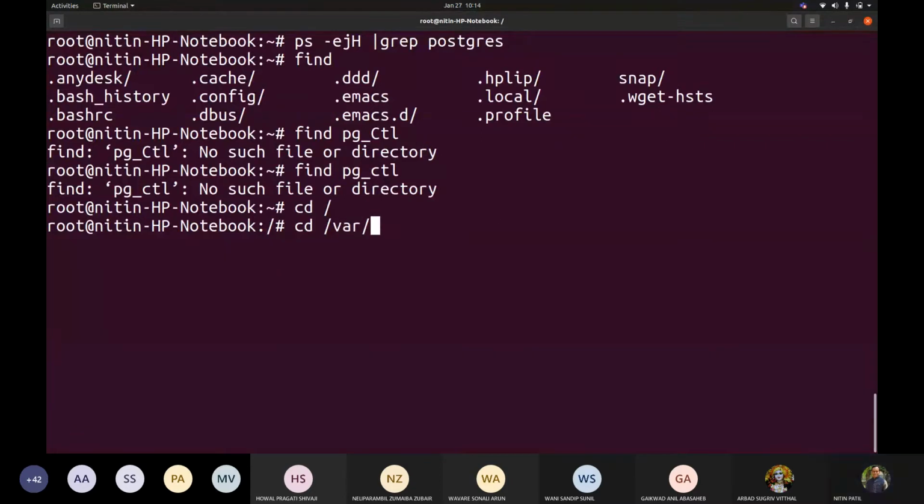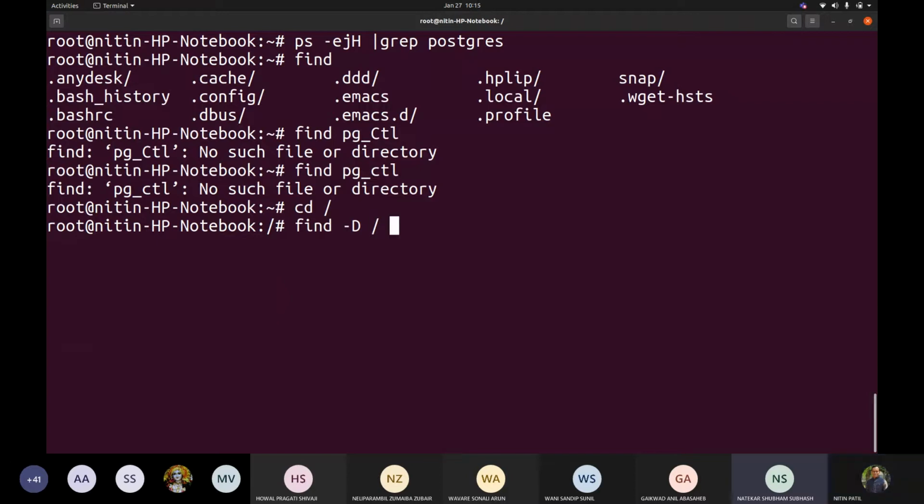Shubham. Sir, are you looking for a file or a word in a file? I'm looking for a file, not a word in a file. I want a file called pg_ctl, which would be used for starting the service. Sir, if you want to look for a file, you can use the find command. Let me know the find syntax: find, directory, file.